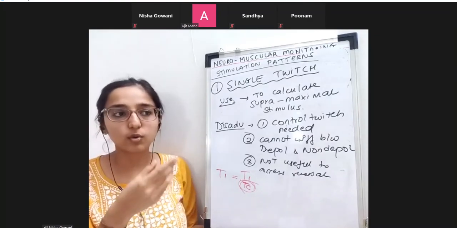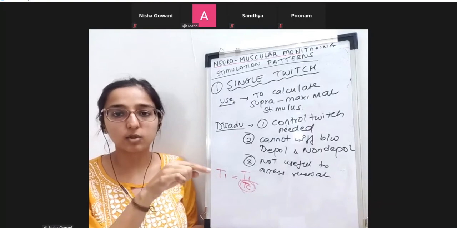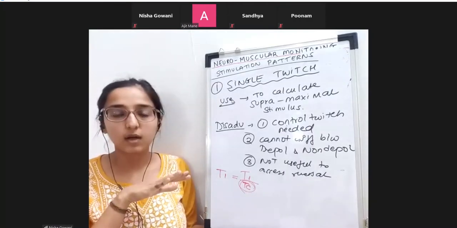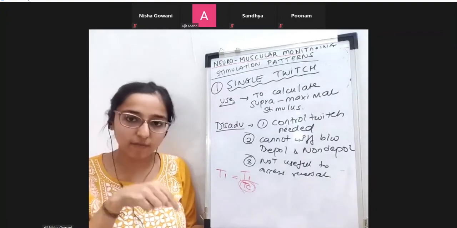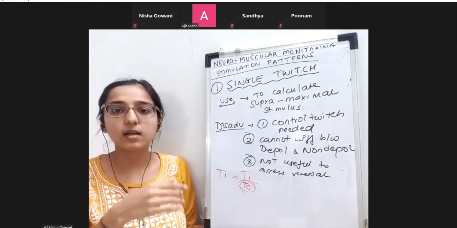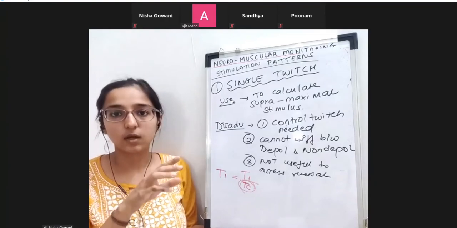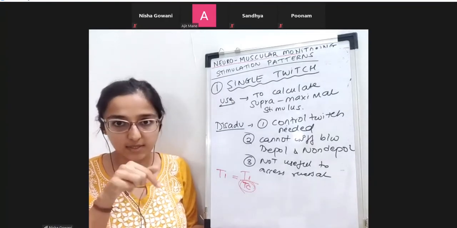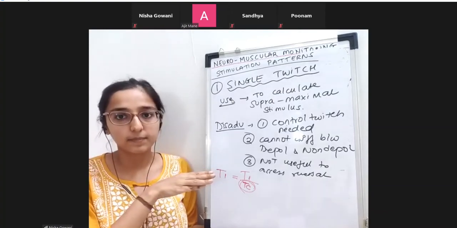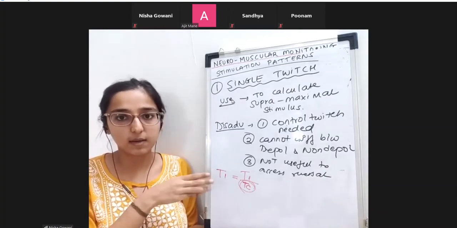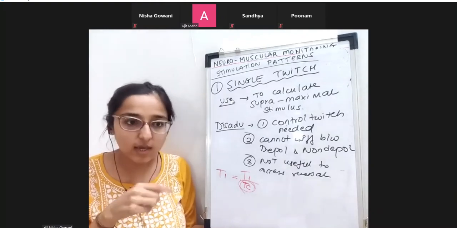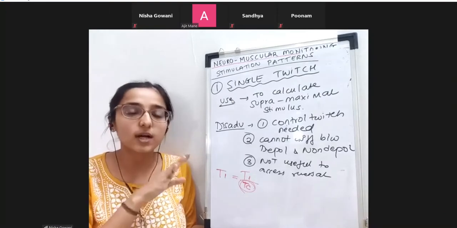Then after that you gave a relaxant, you checked, you pressed the single twitch button again. So that current went. It's not like the current will keep going. You will have to press it. So the current went, and then again you got one response. When you press that button the second time, you got a response, and you will compare that with the first. You can only compare it with the original response, that is the control. So every time you are checking, you have to compare with the first, which was the control.